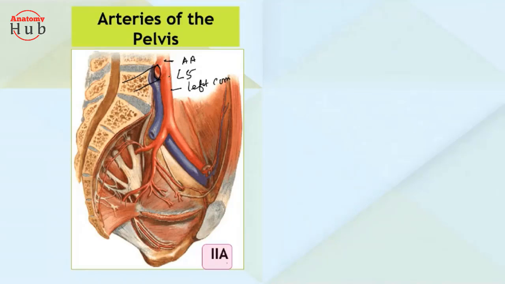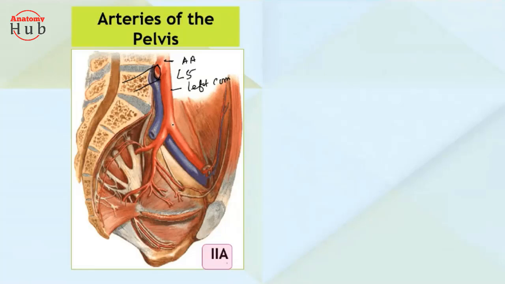So left common iliac artery will go towards the left lateral part of the pelvis, and right one will go towards the right lateral part of the pelvis, right? Then this common iliac artery descends downward and laterally. Then at the level of your S1 and S2 level, you just remember one thing, this is just running downward at the level of your SI joint, right? So just anterior to the SI joint, you will find this common iliac artery. It is just descending downward, right?